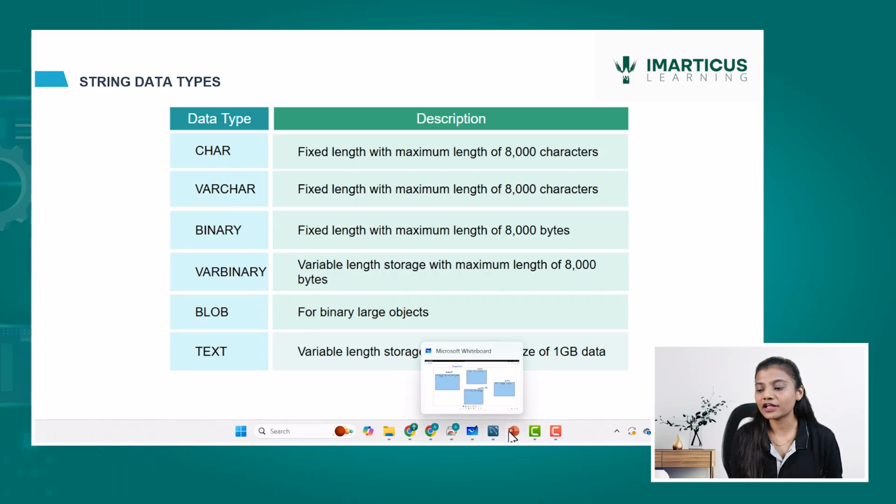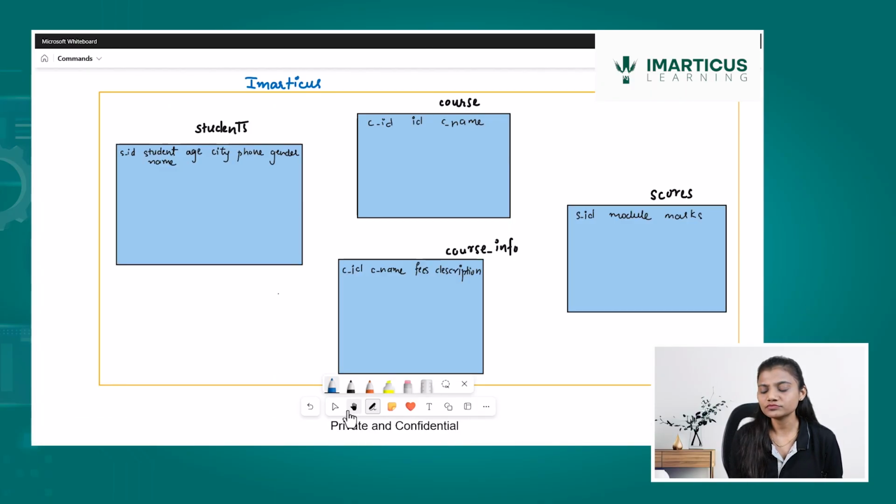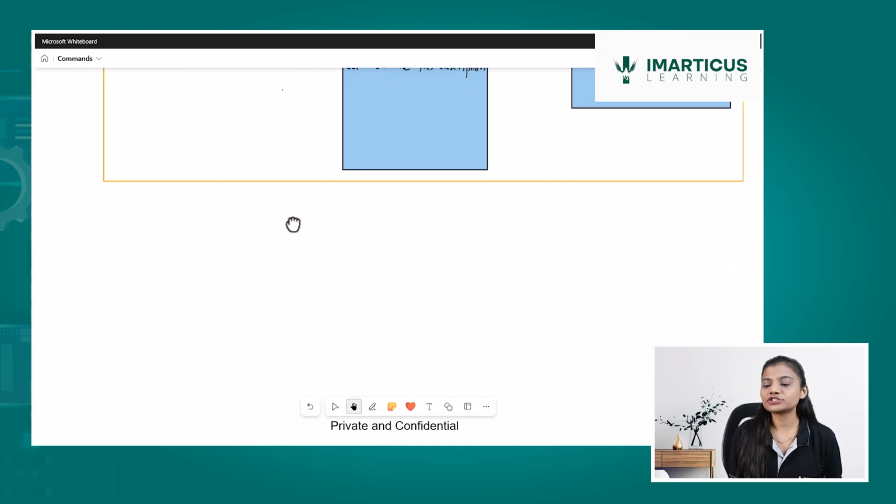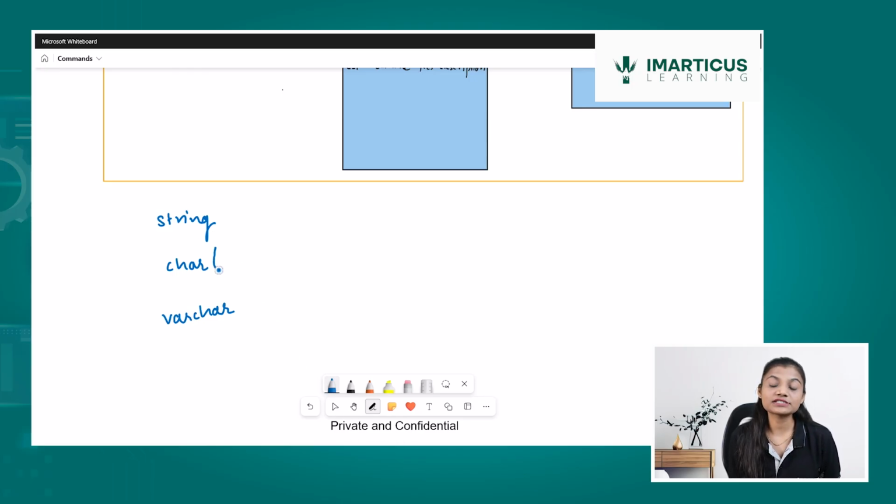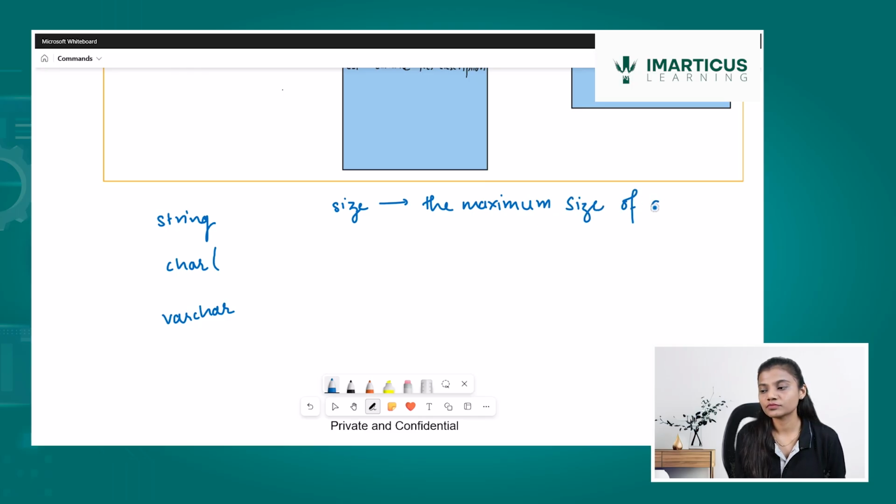Now what is the meaning of char and varchar? Let me simplify it for you. Imagine that in the string data type, I have something called char and something called varchar. Char means character and varchar means variable character. Now imagine that I give char a size. You all must know what size is. Size is nothing but the maximum size of data